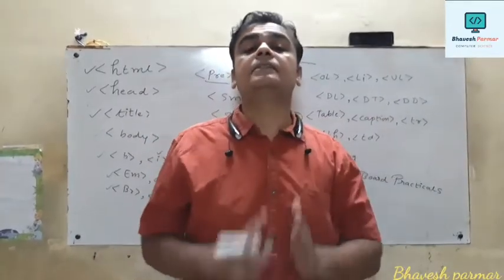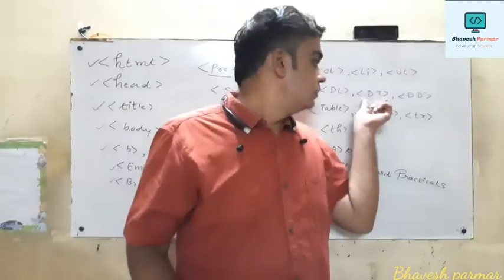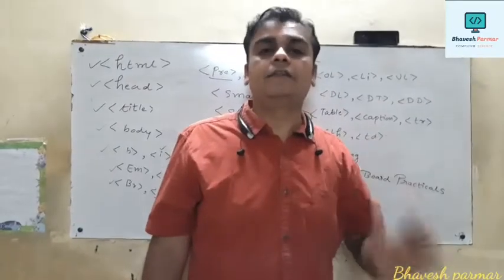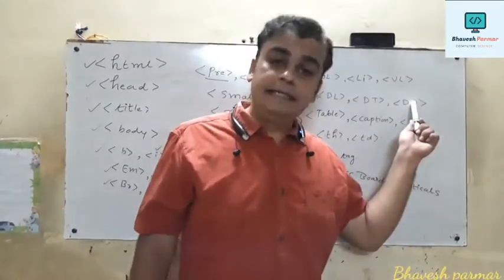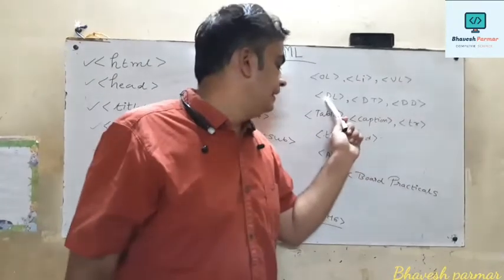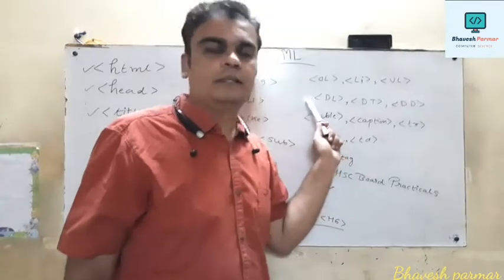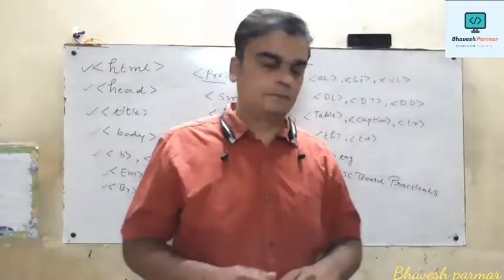Now what is the role of the DT tag? It represents a definition term, meaning the term about which you are going to write the definition. So it comes under the DT section, and DD means data definition. The actual definition is present in this DD tag. In this way, the DL tag, DT tag and DD tag, these 3 tags work together, and we can display multiple definitions in our single web page.